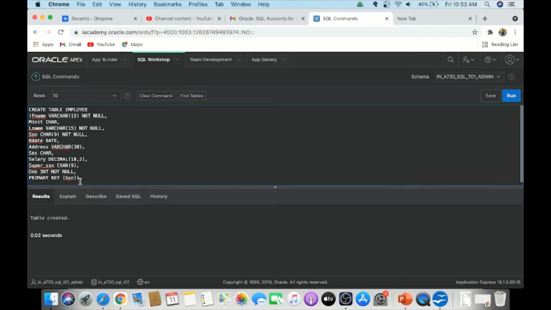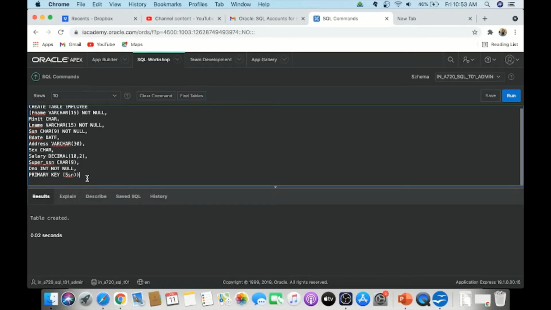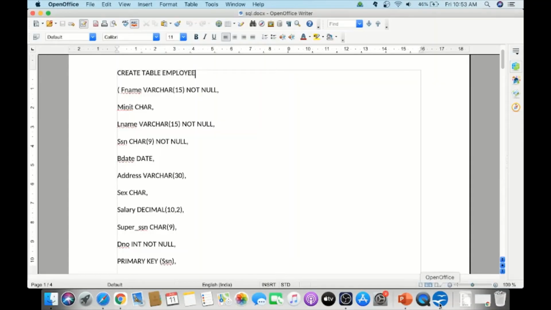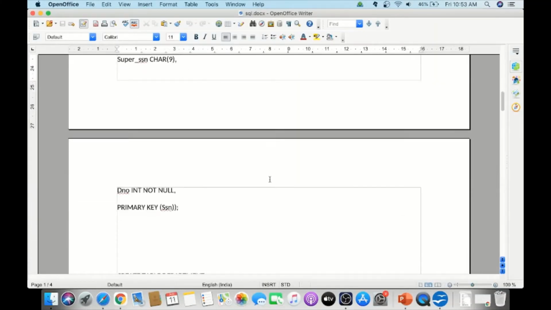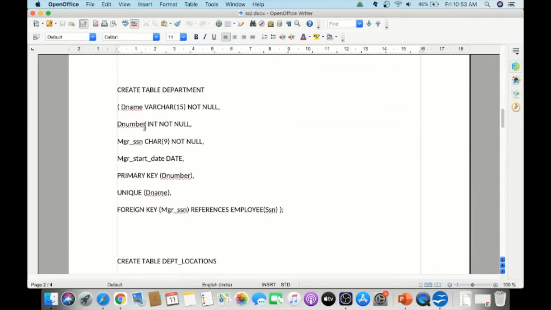Now we cannot specify the foreign key yet, so let it be like that. We have created this table. Now we will create the department table. I have already written the command here, so I'm going to copy it instead of typing it. So in the department we have,